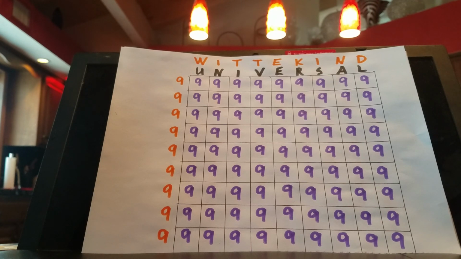But this is a mathematical principle. People who believe in numerology, people who believe in astrology, they will find